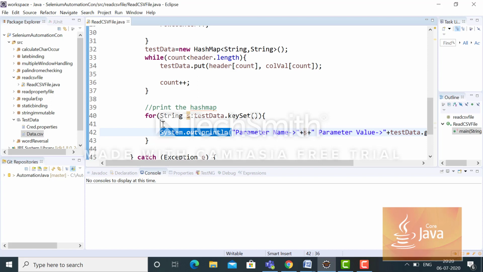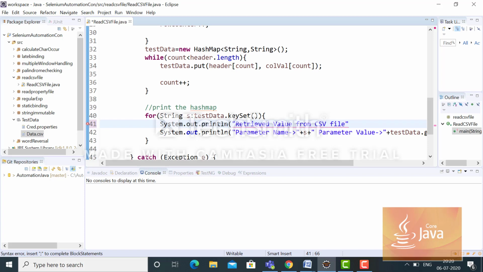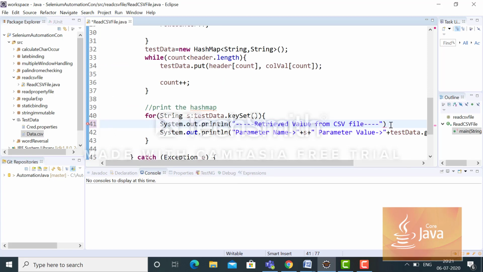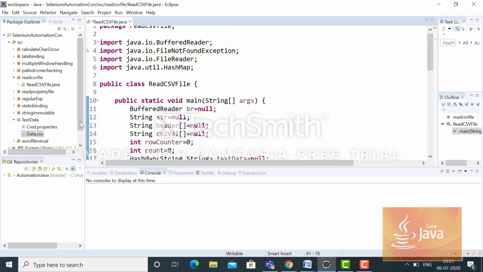Just to distinguish it, I'm adding the text "retrieved value from CSV file" to make it more readable. So let me run it.